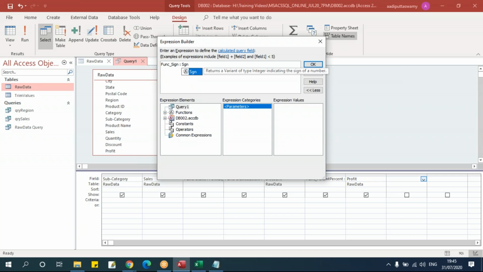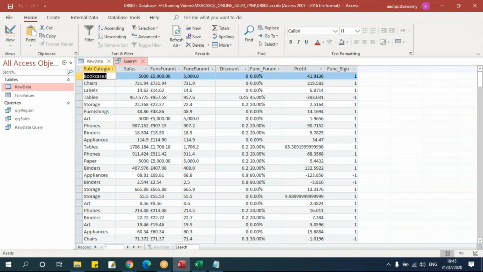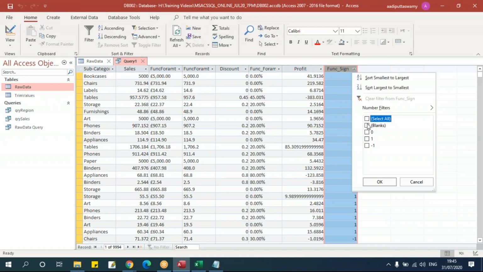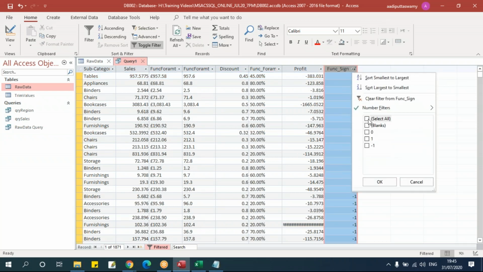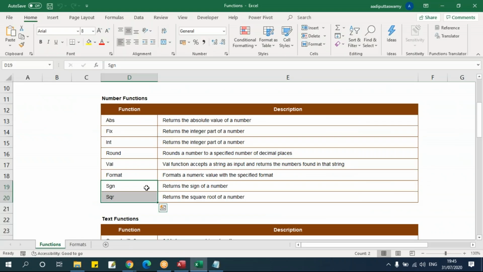See, it returns a variant type integer indicating the sign of the number. Now let's say profit. Say OK. This is just to find whether the number is positive or negative. We can see that 1 is positive, minus 1 is negative. If you go here, wherever you see this minus 1, it is a negative number. So likewise, you can check the sign of a number as well.